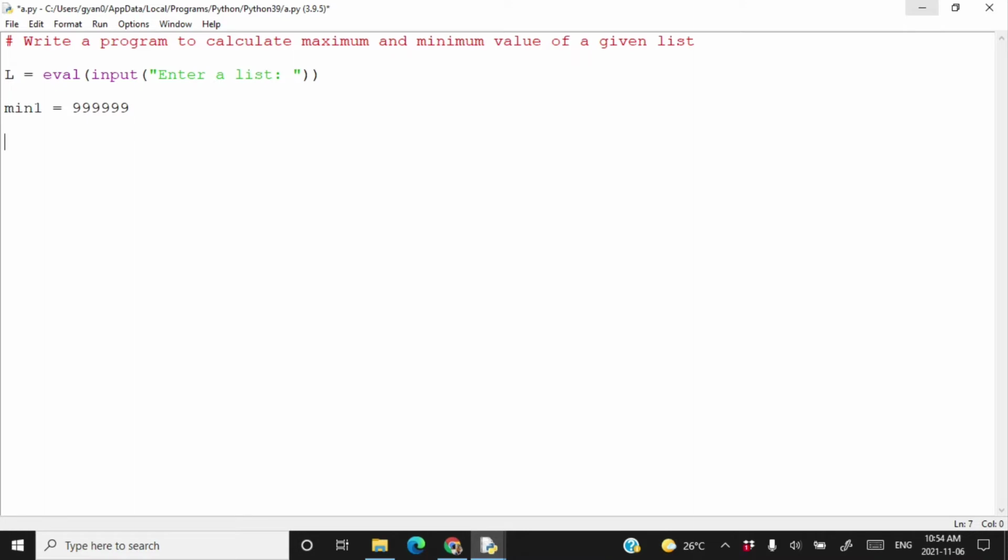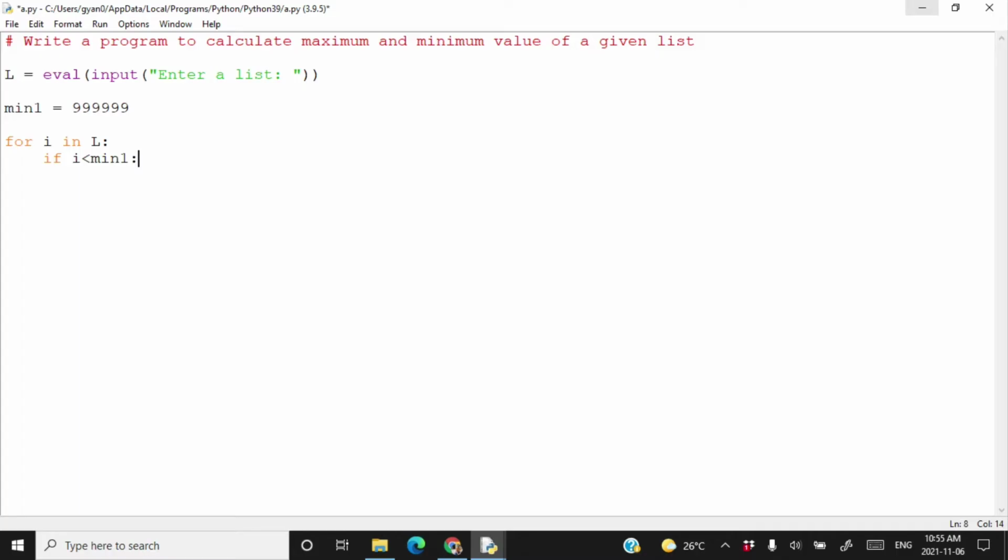Now start the for loop: for I in L. For I in L, you check if I is less than min1 or not. If I is less than min1, then you write min1 is equal to I. So if I find a value in the list which is less than min1, then min1 will be assigned that lower value.